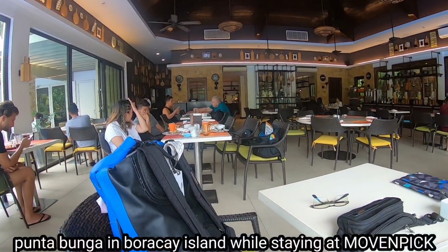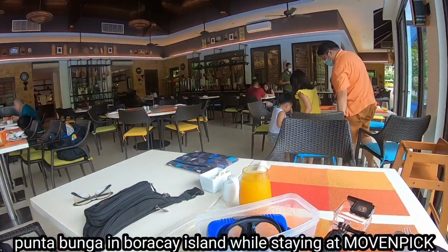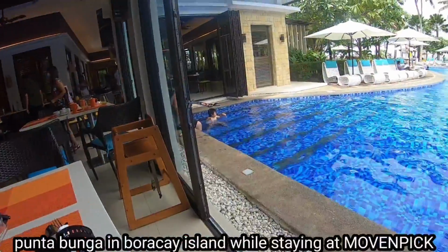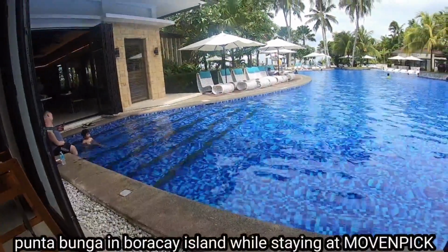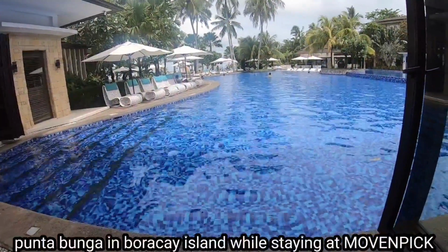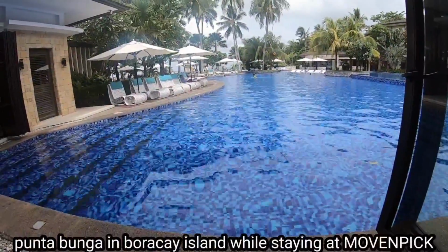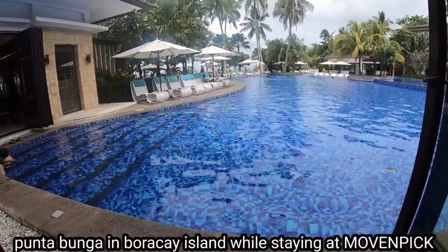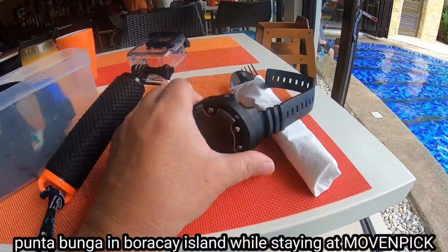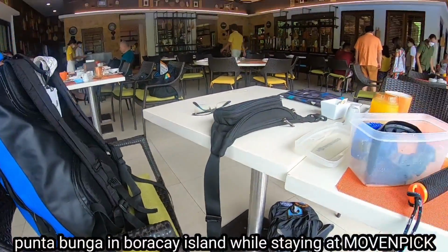Okay, it's our seventh day diving here in Boracay, and we need to start with a nice breakfast. Then, after the breakfast, we go diving, and you're seeing now the biggest swimming pool in the whole of Boracay. Fortunately, it's true that it's the biggest pool if you compare it with Shangri-La in terms of square foot or square meter. And here's my computer, my underwater camera, and my dive bag,